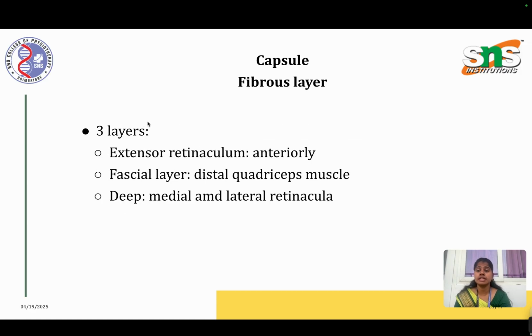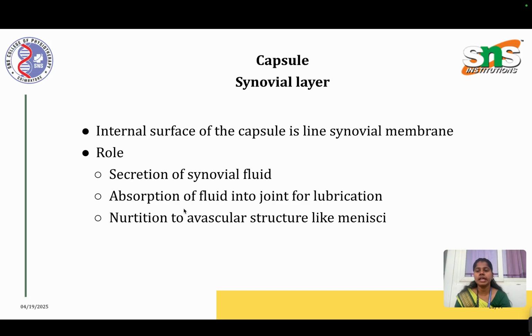The fibrous layer has 3 layers: the extensor retinaculum anteriorly, the fascial layer, that is the distal quadriceps muscle, and the deep medial and lateral retinacula. Coming to the synovial layer, the internal surface of the capsule is lined by synovial membrane. Its role is secretion of synovial fluid, absorption of fluid into the joint for lubrication, and nutrition to avascular structures like